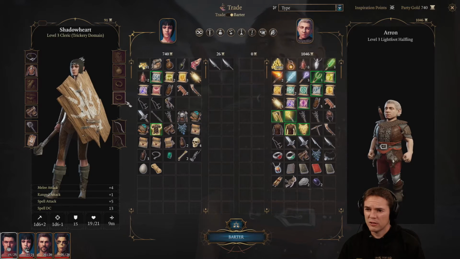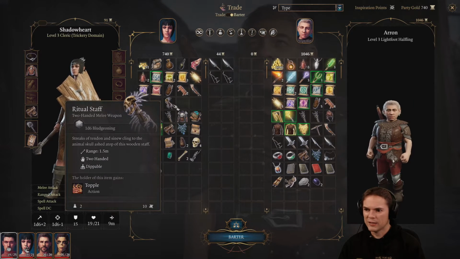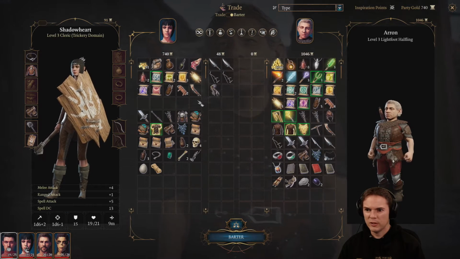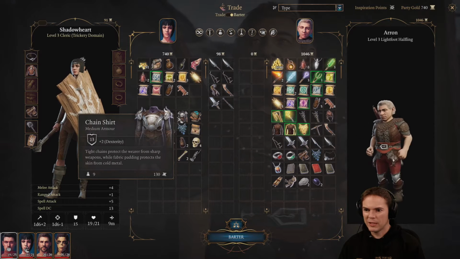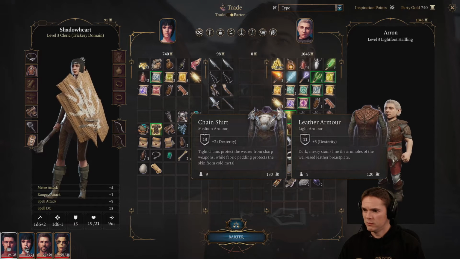What are we not going to use? The hell is that? A ritual staff. I don't think we gain anything from that. A torch. I might keep the torch. Oh, the chain shirt. Oh, I feel like I should...